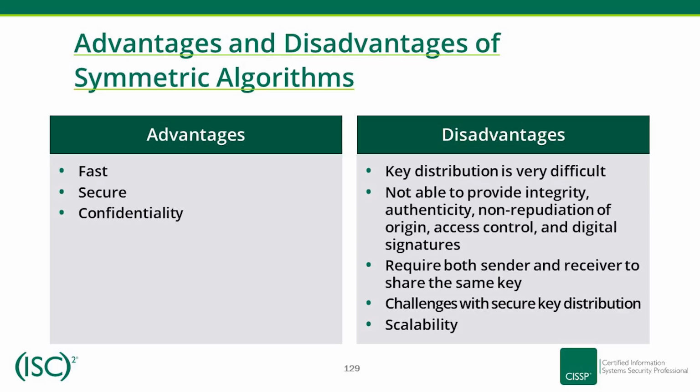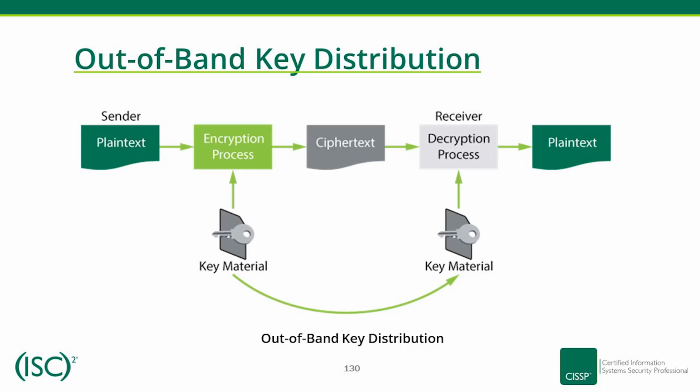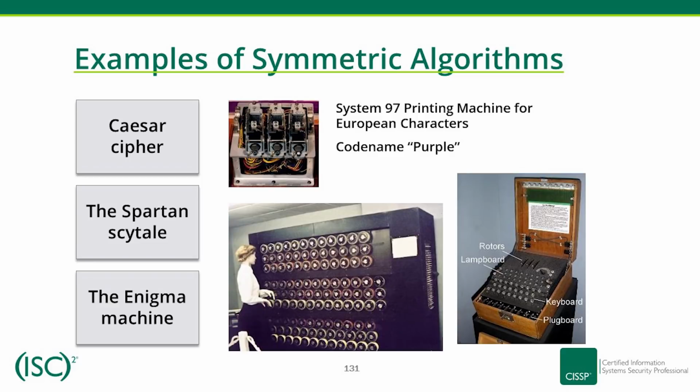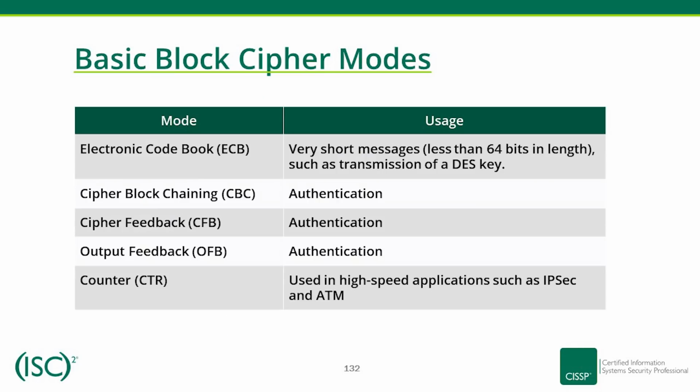Advantages and disadvantages of symmetric algorithms. Out-of-band key distribution. Examples of symmetric algorithms. System 97 printing machine for European characters. Codename Purple. Mode usage. Electronic code book, ECB: very short messages, less than 64 bits in length, such as transmission